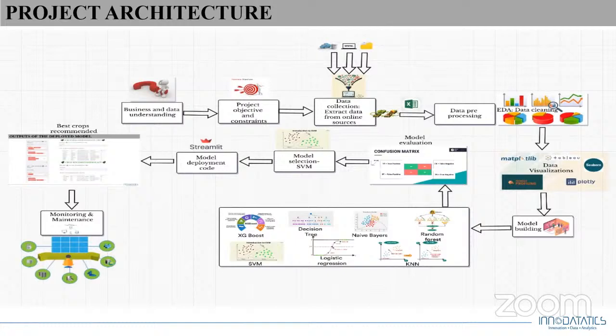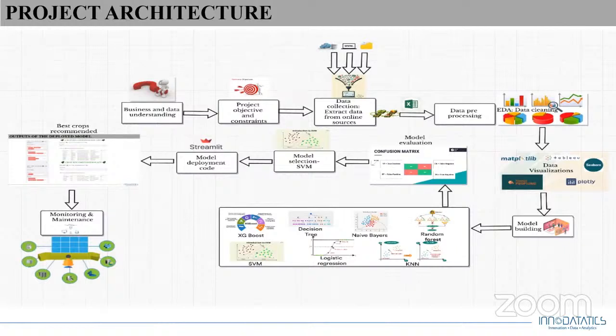The third step is data collection. We collected the yearly crop data from various government sites and imported it into an Excel sheet. The data is then cleaned by using pandas profiling. Next, the data is visualized by various plots to draw insights from the collected data. Here we use various visualization tools such as Matplotlib library, Plotly, Seaborn, and Tableau software tool.